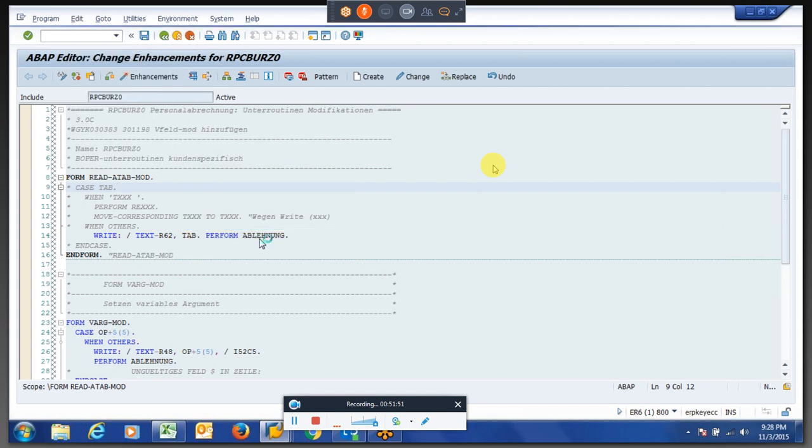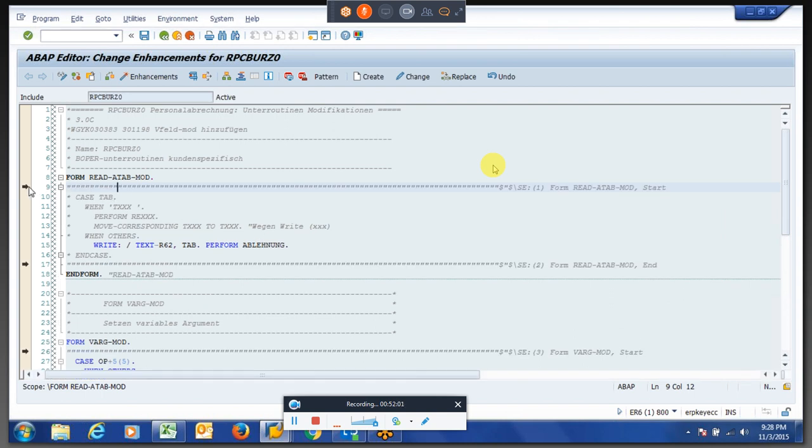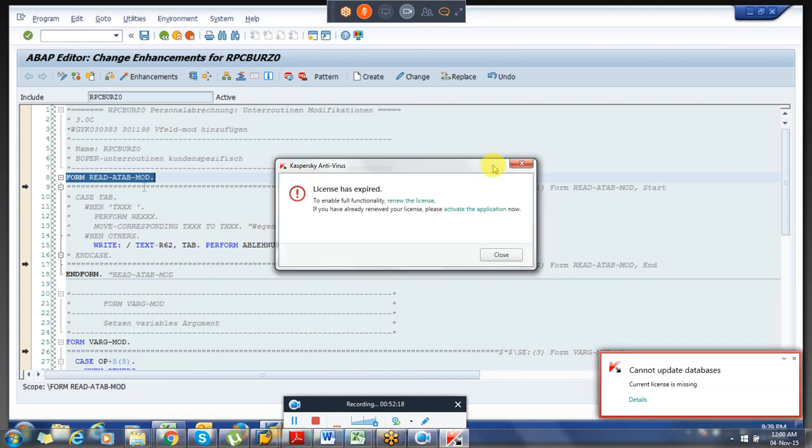This is where you can do your own enhancement. It will show you what space is given. At any point of space you can create one, but be sure it does not fall under any of the forms. If you see the form here, it is the enhancement to modify this particular form.